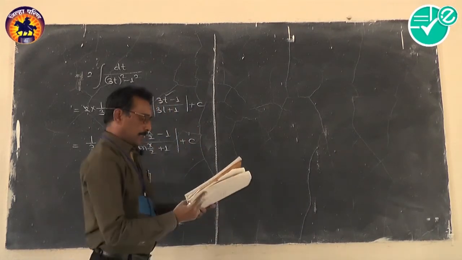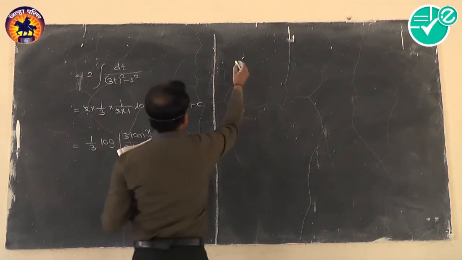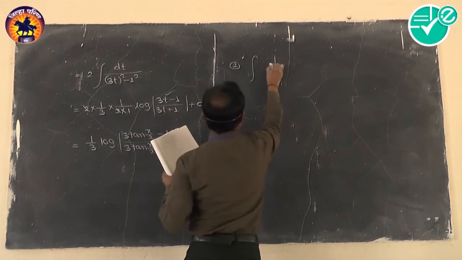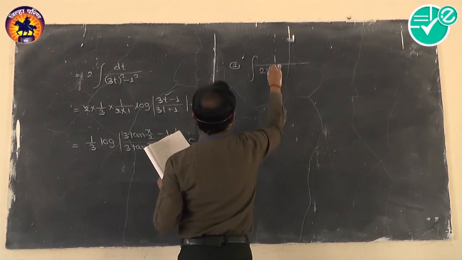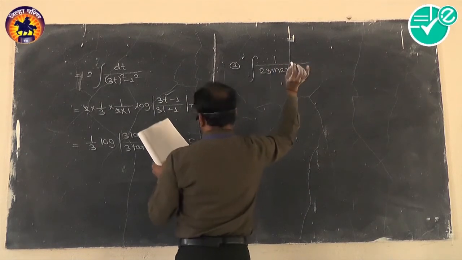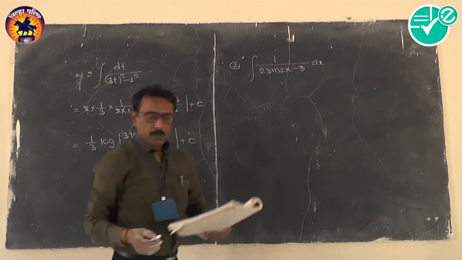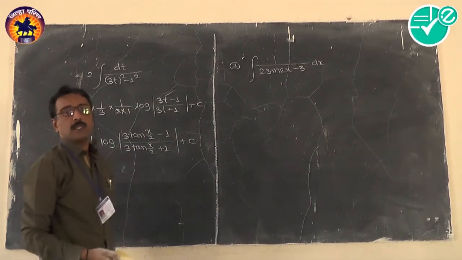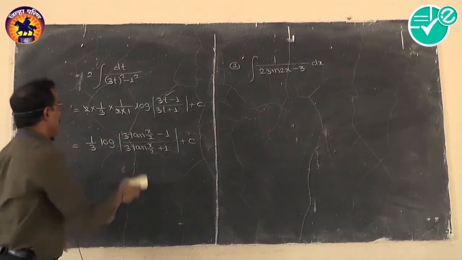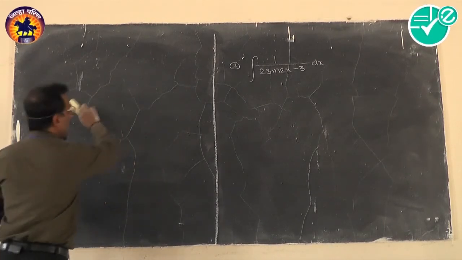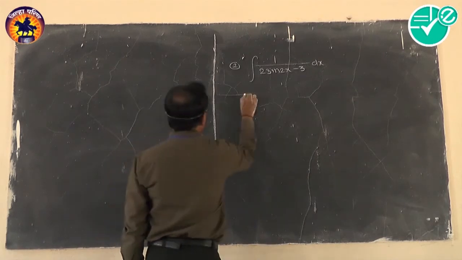Now for practice, I will take one problem from double angle also, and then a few problems of the same type we will take. Take one single problem from double angle actually, 1 upon 2 sin 2x minus 3 dx. In order to make practice, I have taken one problem from single angle, I will take one problem from double angle. Here the minute change is in substitution. Here double angle is there, so we have to put tan x equal to t.